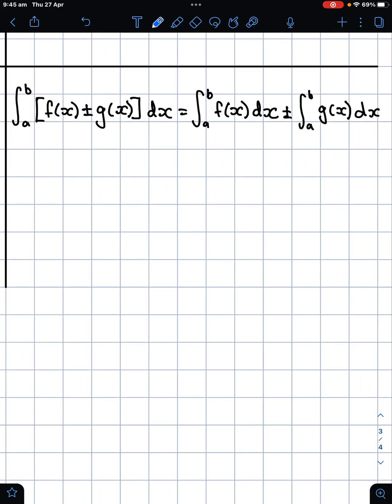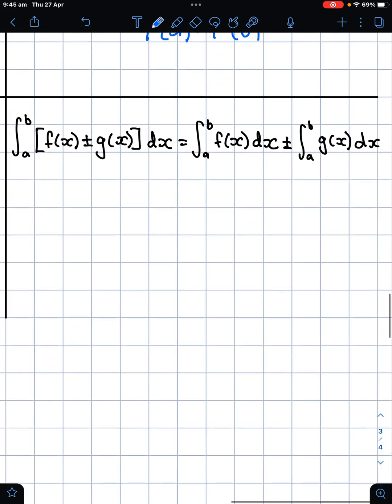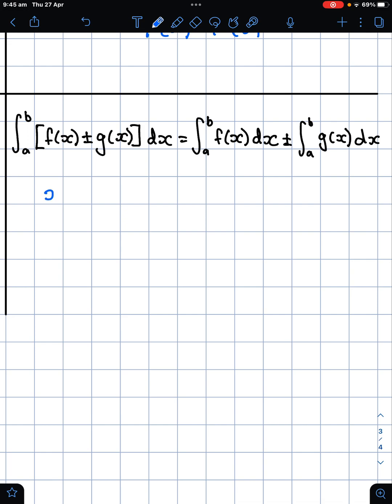This next one here is just a notation we should know. The property here is quite handy. If we have two functions added together, so if you think about an x cubed plus, let's just go e to the x, you can actually separate it into two separate integrals here. So it allows you to break these things up. Now, it says plus or minus because we can do either one. I'm just going to use a plus for the example here. So f of b,